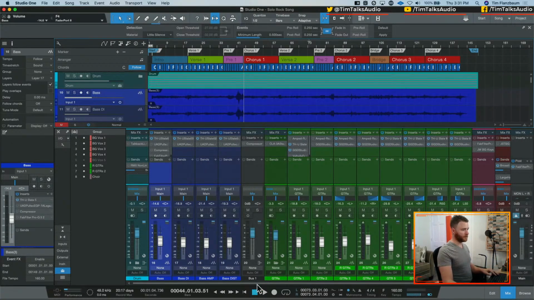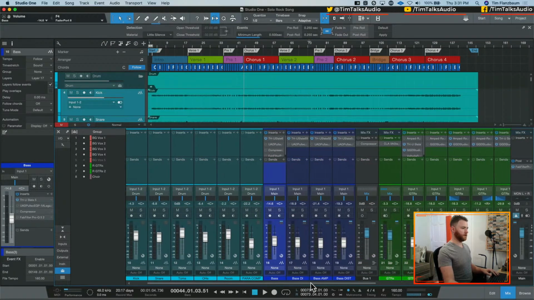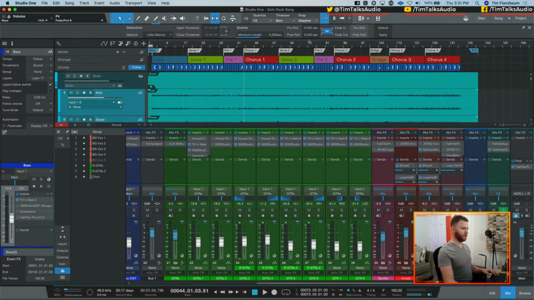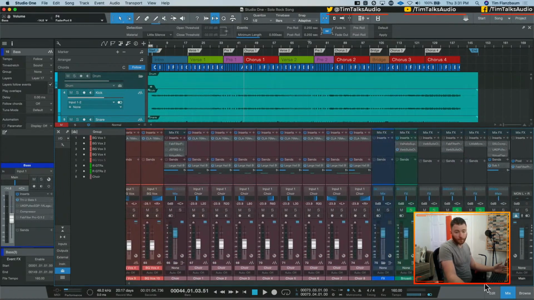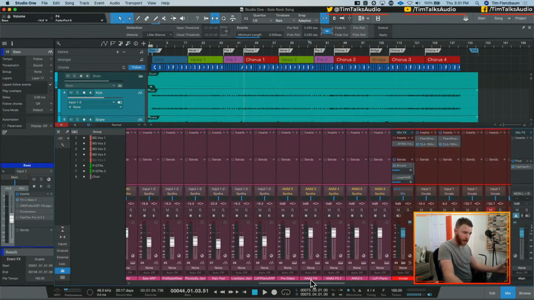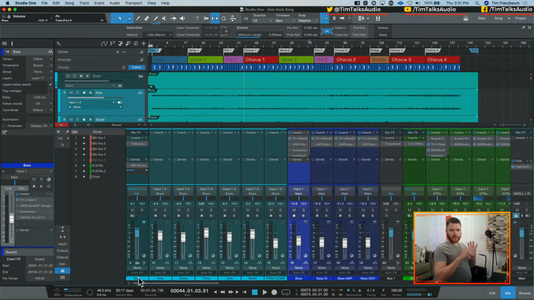So you can see my, here, let me open up my drums. You know what, let's just do this. I'm going to open up everything, and thankfully, it's not going to push everything over. But I have everything expanded right now. And it's a big mixer. There's a lot of stuff going on. If I just need to see